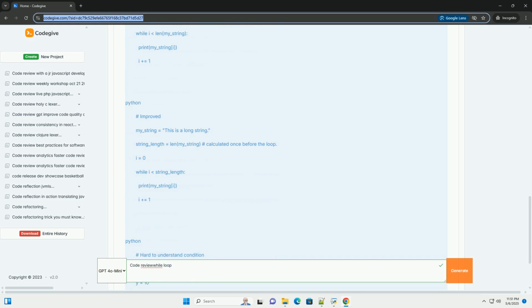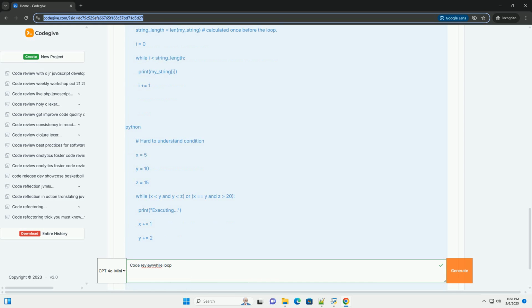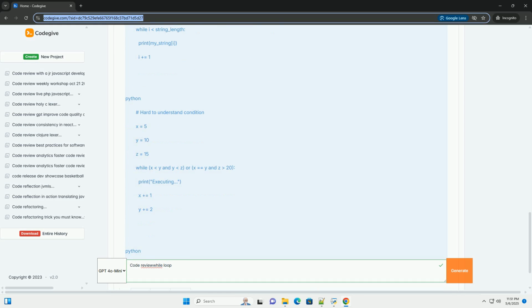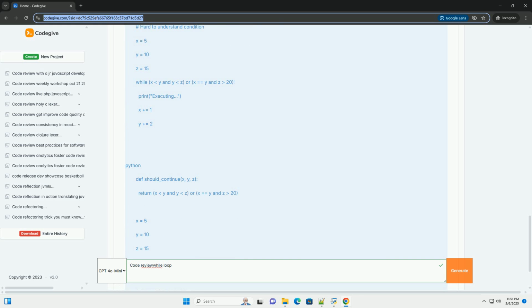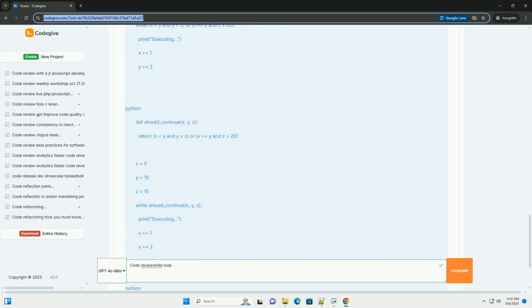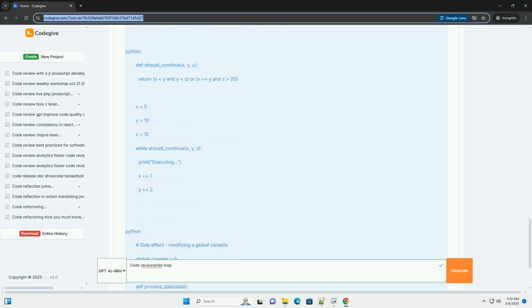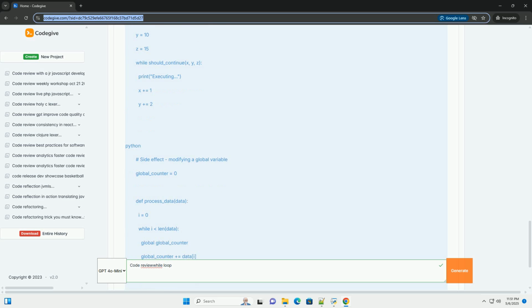This tutorial provides a comprehensive guide to effectively reviewing code that uses while loops, covering common pitfalls, best practices, and providing actionable feedback. Understanding while loops. Before diving into the review process, let's briefly recap how while loops work. Key components: